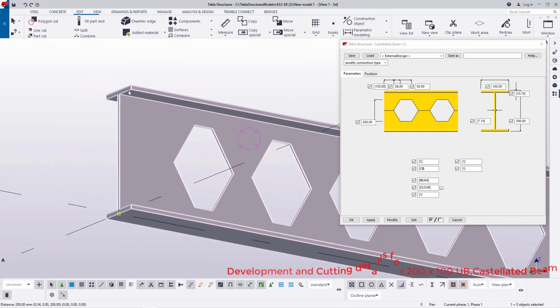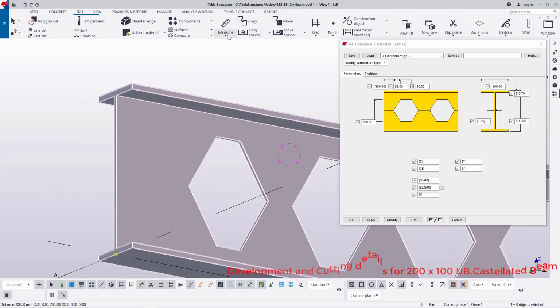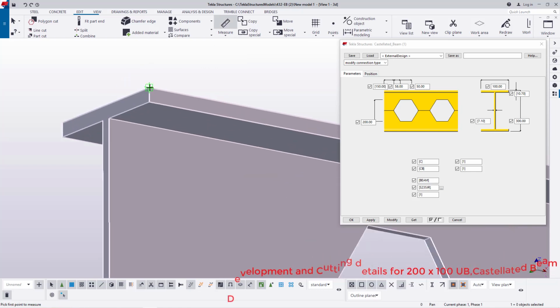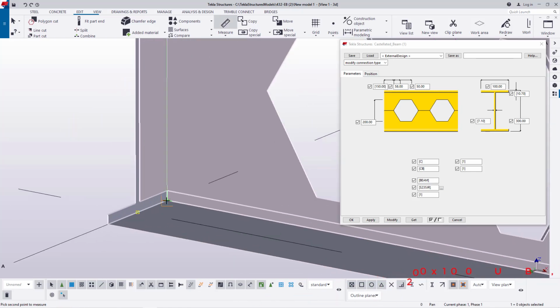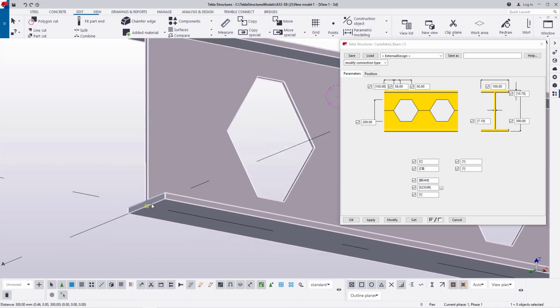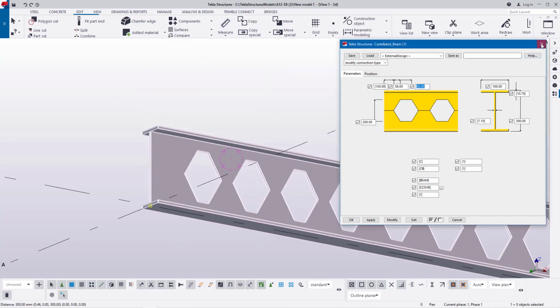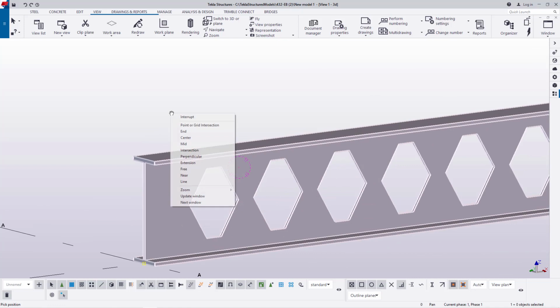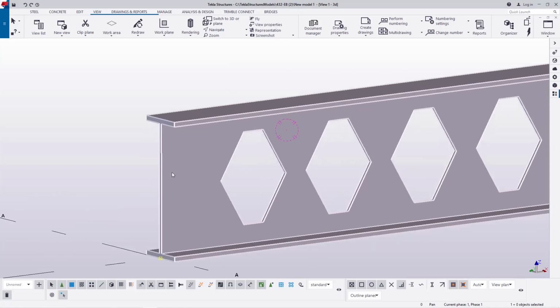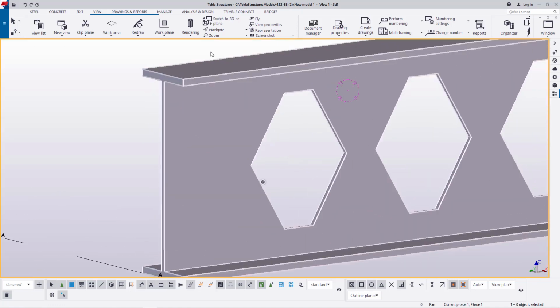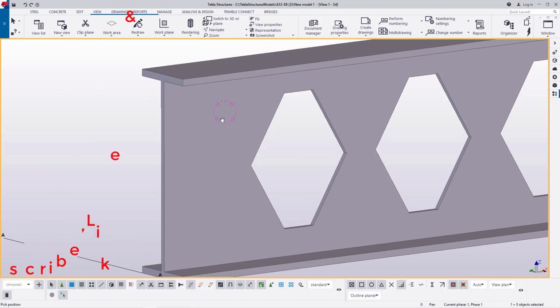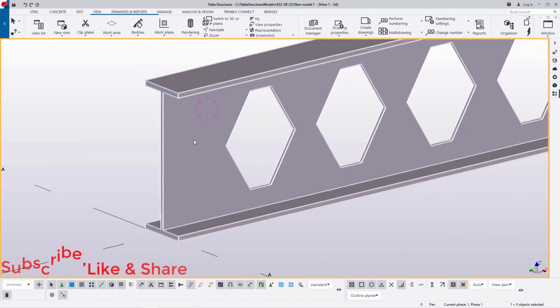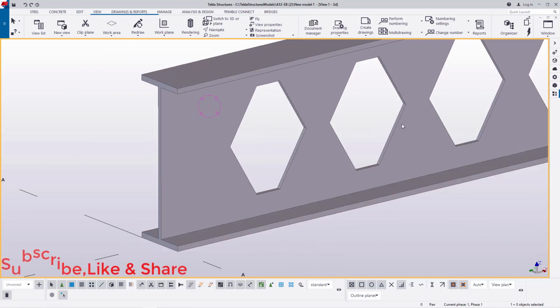So let's check the height of our beam. We'll come to distance here and check from that far end and this far end, and it's actually 300. I'll close this because we want to do some more work here, but not really more work, just to make sure everything we do here reflects the outcome of their workshop regarding this particular work. Now I want to cut across this just to show the welding line